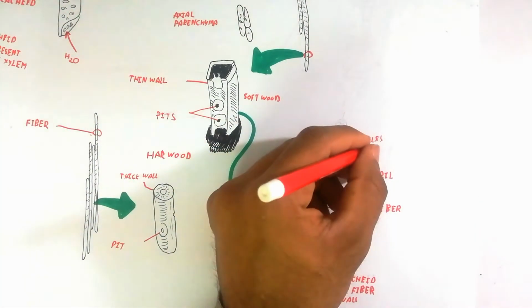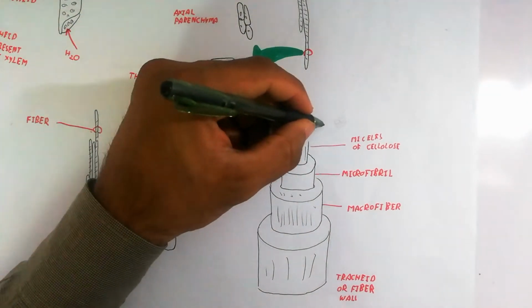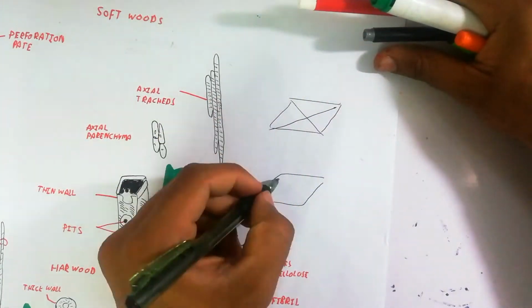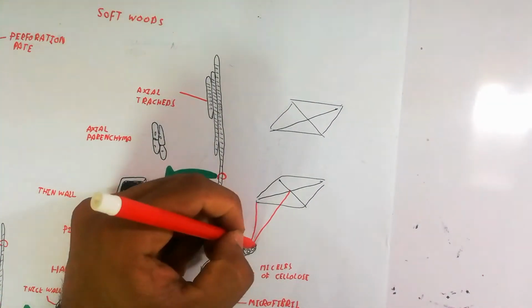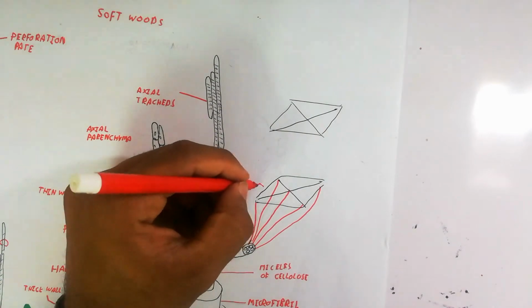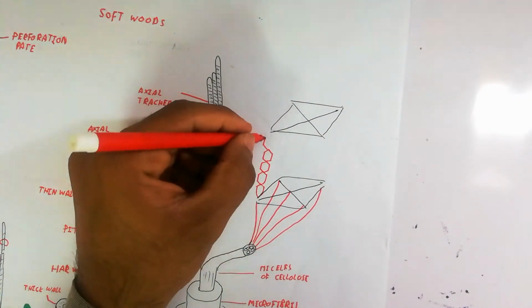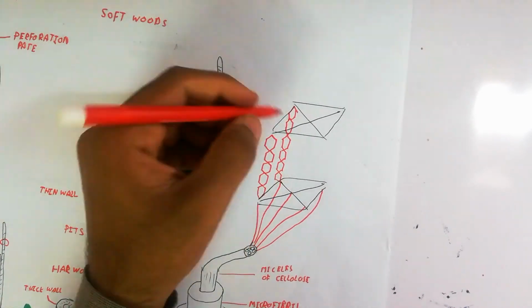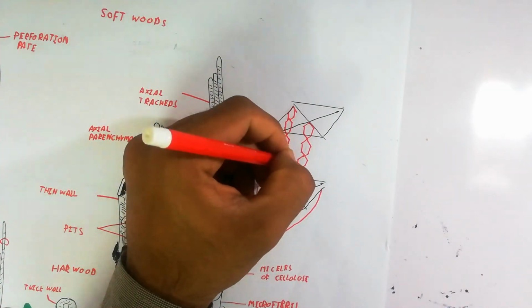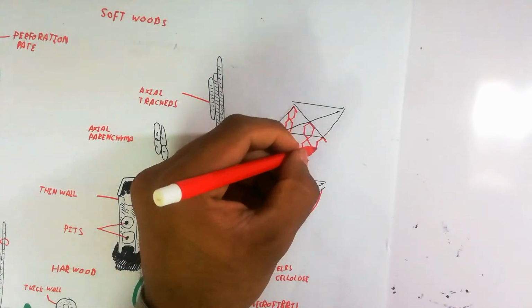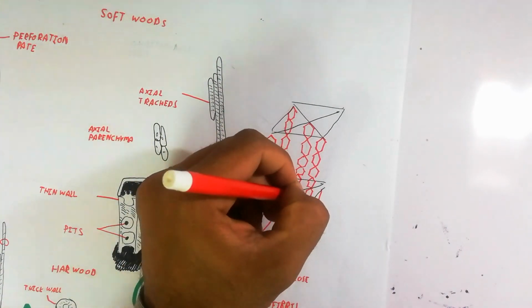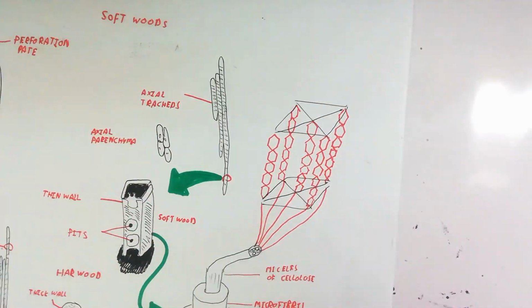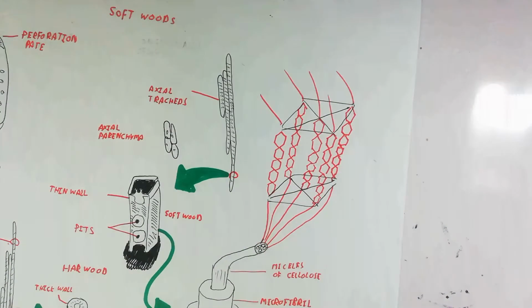The macrofiber is divided and composed of microfibrils. The microfibril contains micelles of cellulose branches. This is the structure here, and five branches are present in one micelle. That is the basic overview of the